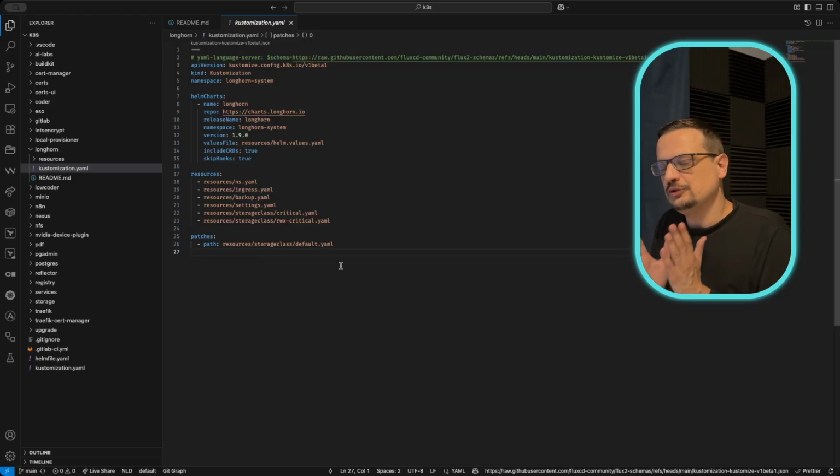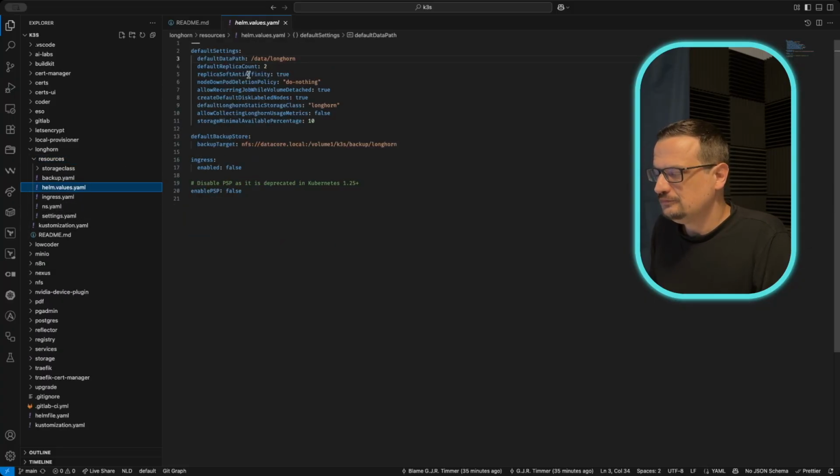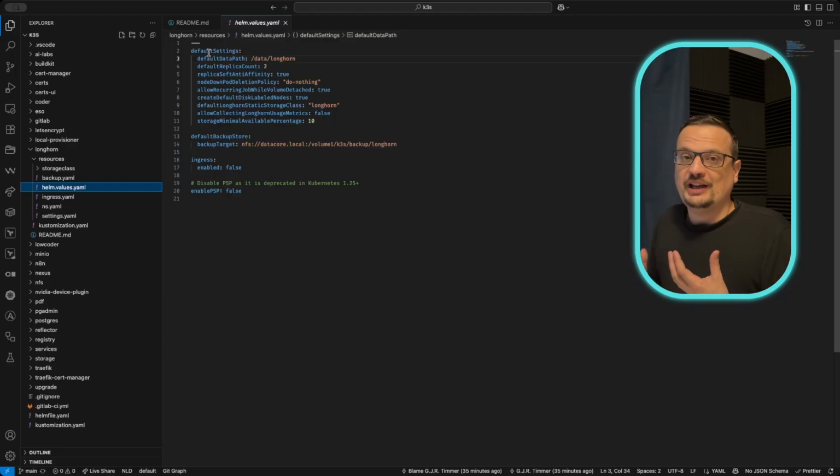So let's run through our configuration of Longhorn first, and then through all the other setup that is included in this deployment. So what we're going to do is first we're going to go to the Helm values. Now, it's important that you set up a few default values. There are two things that you actually must do here. You need to ensure that every node has a directory where Longhorn can write its data. And I actually create a directory